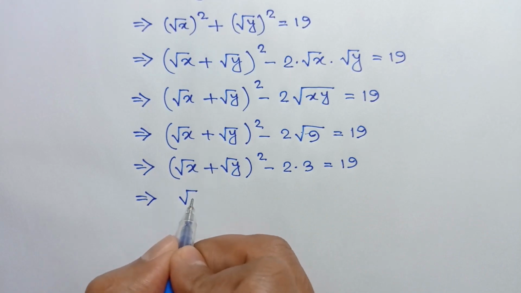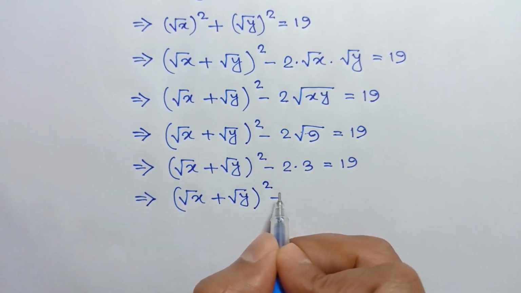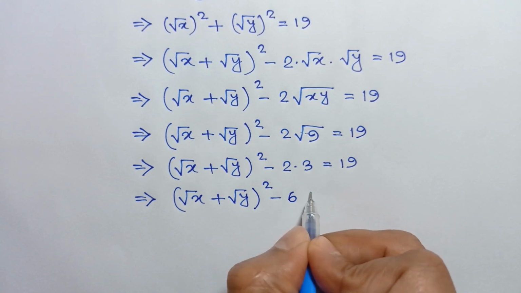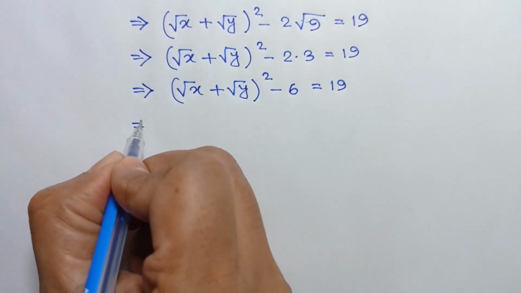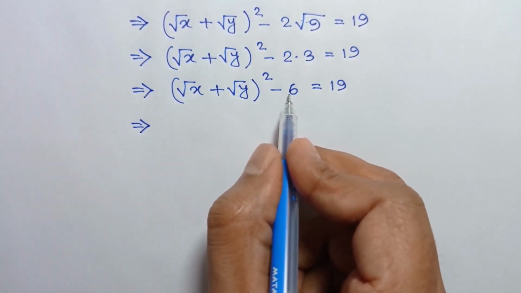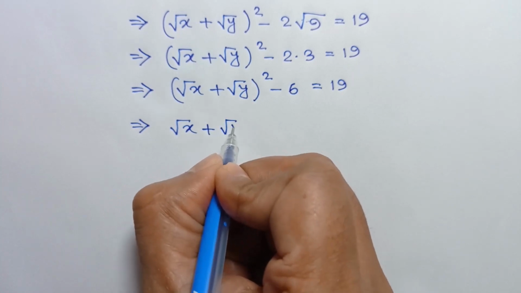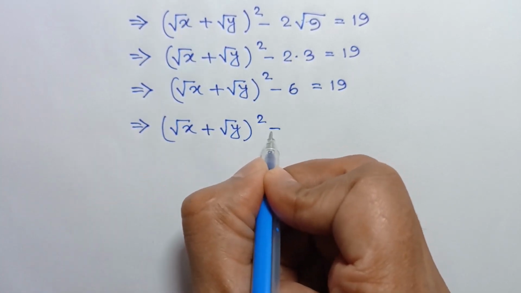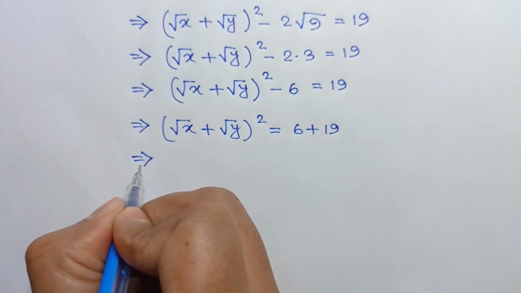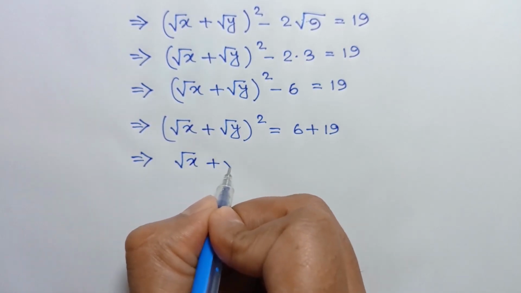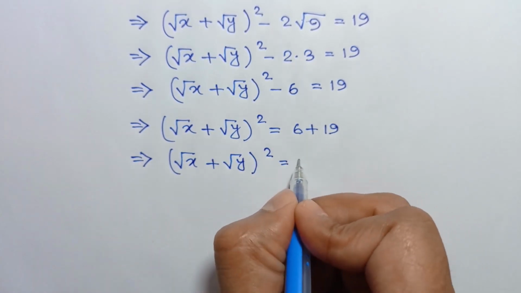or square root of x plus square root of y whole square minus 2 times 3, which is 6, is equal to 19, or taking this negative 6 to the right side, we will have square root of x plus square root of y whole square is equal to 6 plus 19, or square root of x plus square root of y whole square is equal to 6 plus 19, which is 25,